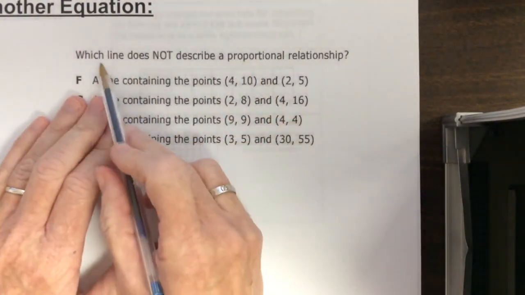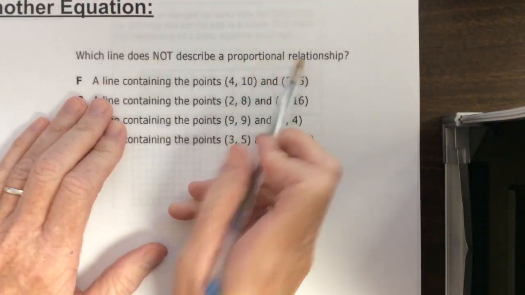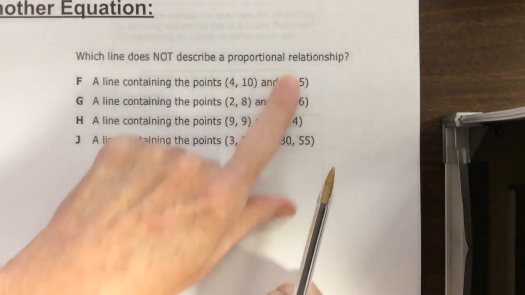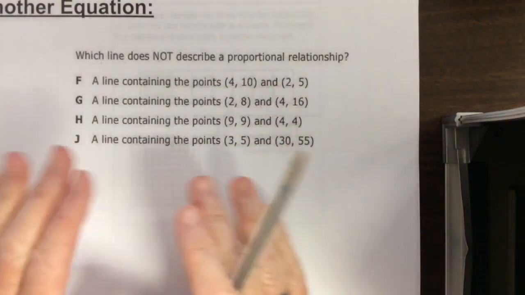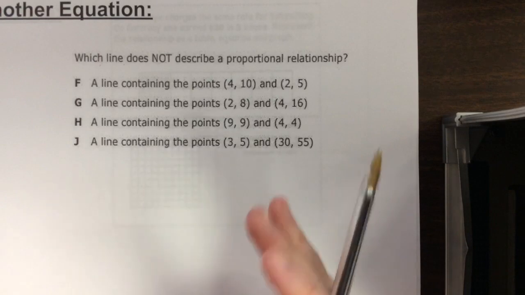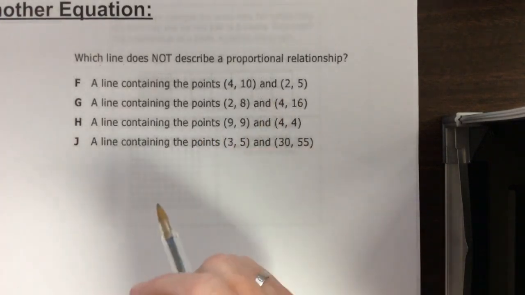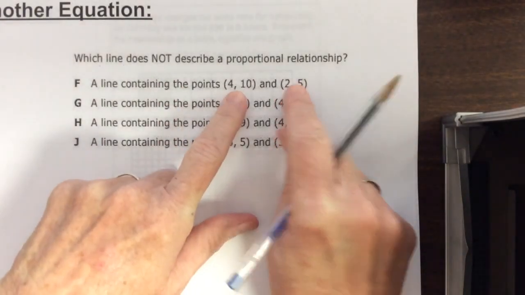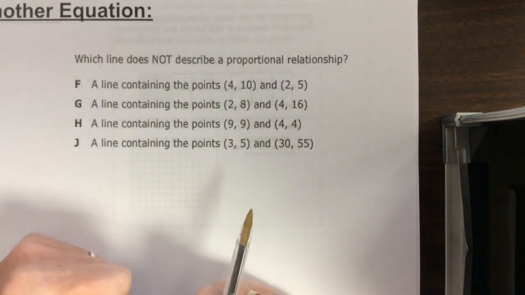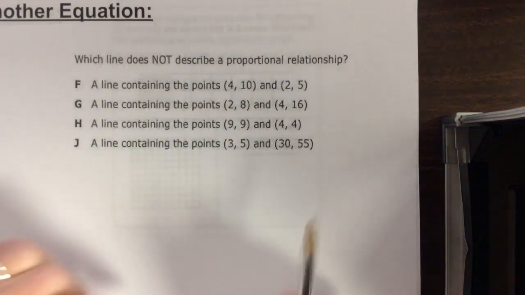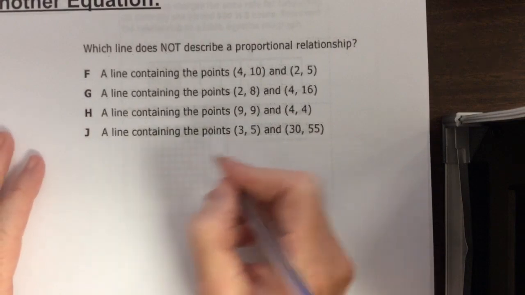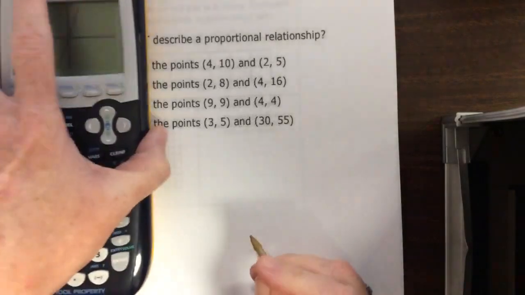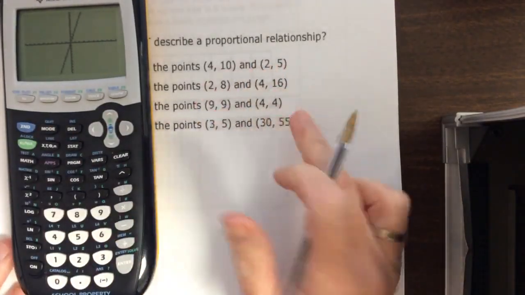Okay, here's another one. Which line does not describe a proportional relationship? They tell us that these are the lines and they have these points on the graph. You don't need to graph them or anything. Well, I'll take that back. If you want to use graph paper, which you can get during the test or the STAR test, and graph these lines, you'll see the correct answer will pass through 0, 0. I'm going to do it a much simpler way. Since I have these 2 points, I'm going to use my calculator and put each point in the calculator